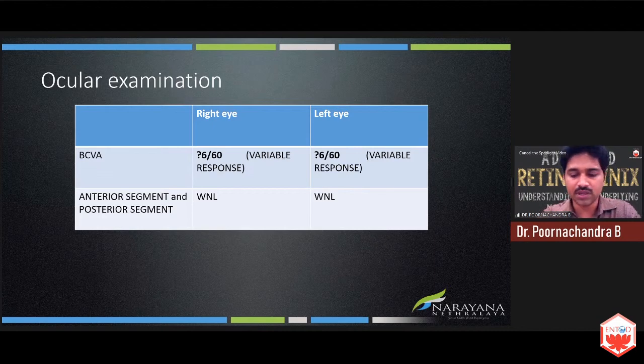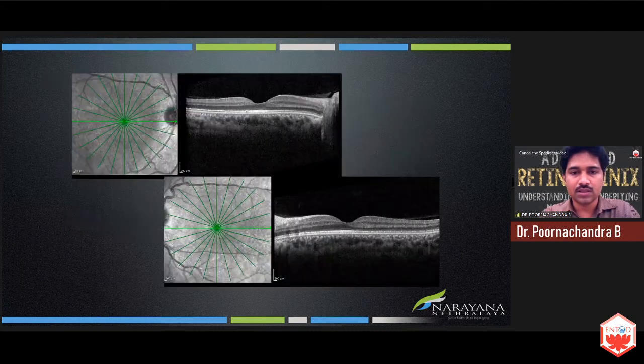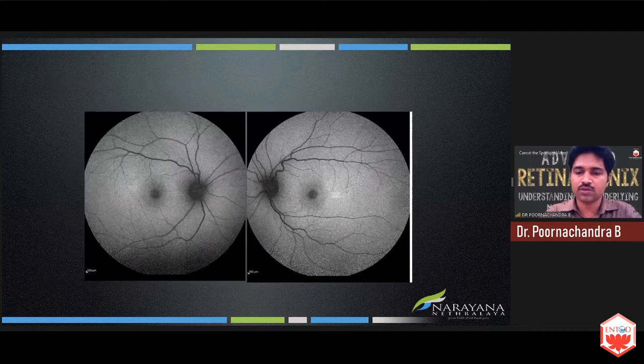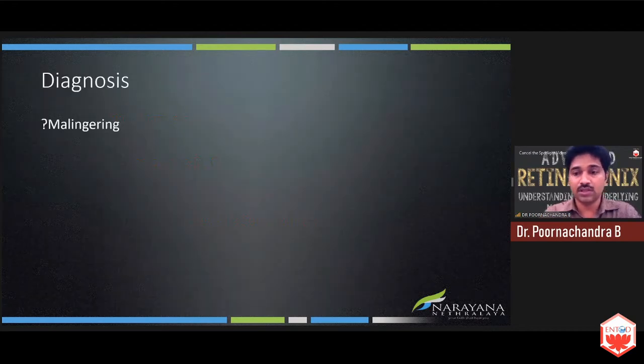The anterior and posterior segments essentially appeared normal. So I did an OCT, which was absolutely normal in all cross sections, both the raster scan and the star scan. I could not make out any disruption in any of the layers. Autofluorescence was also normal. So we thought maybe she's malingering. But before we label any patient as malingering,